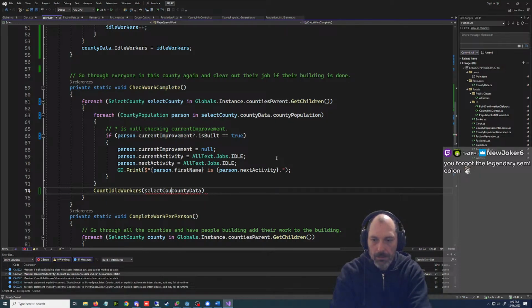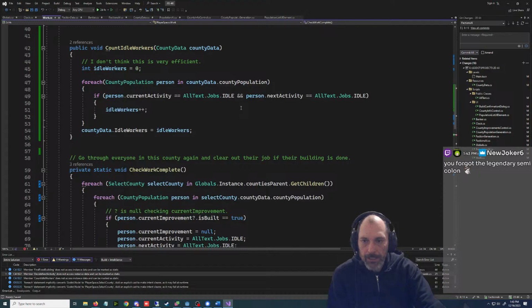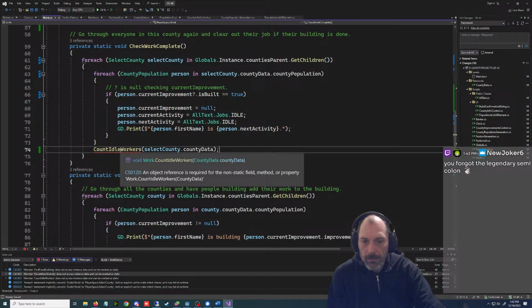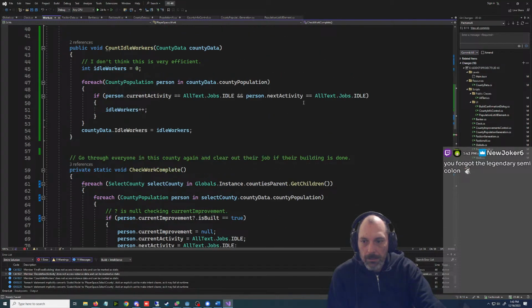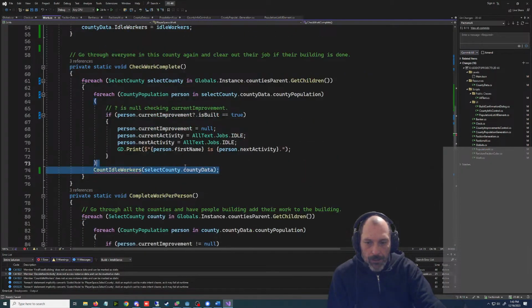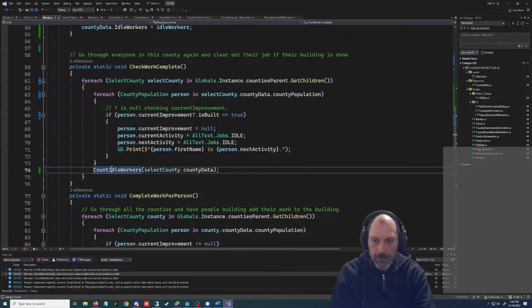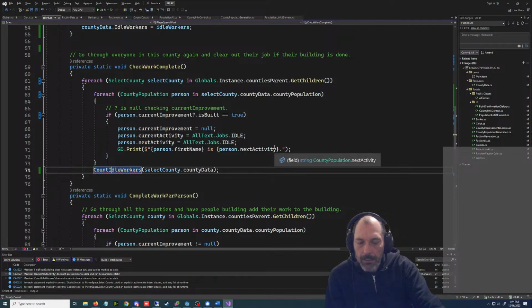Whoops. Am I putting in the wrong thing? County data. County data. The legendary semicolon. What are you suggesting? You won't suggest anything for me? Count idle workers.